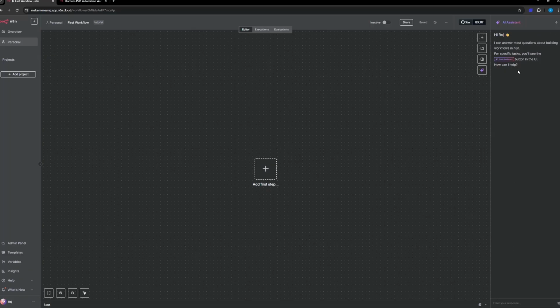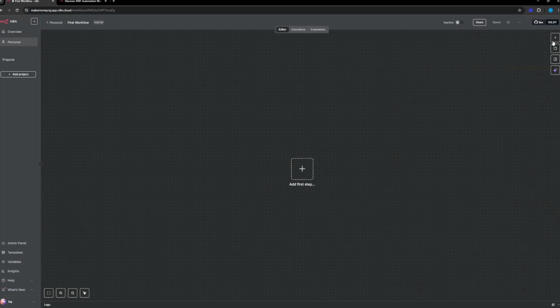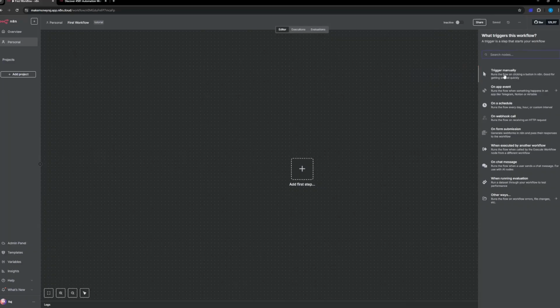If you're not familiar with what's happening in the workflow, if you don't know where you made a mistake, you can literally ask AI. Now AI has access to reading and writing the data inside N8N. With that said, let's just add the first workflow, and I'm just going to explain you one by one,